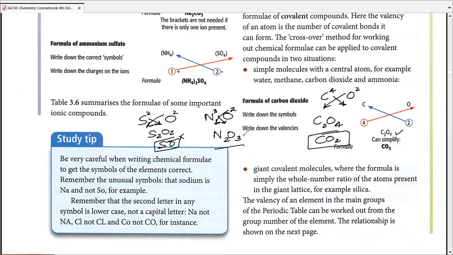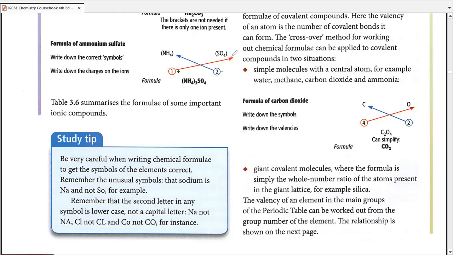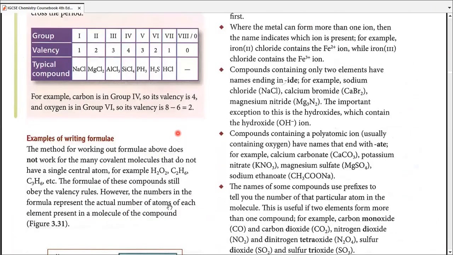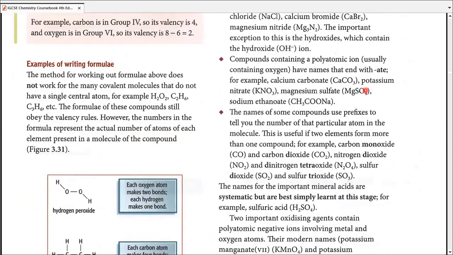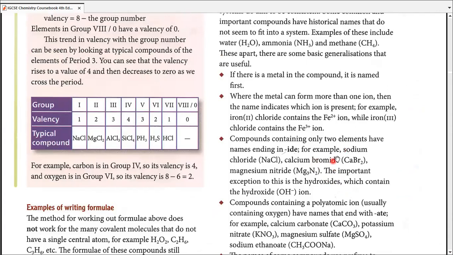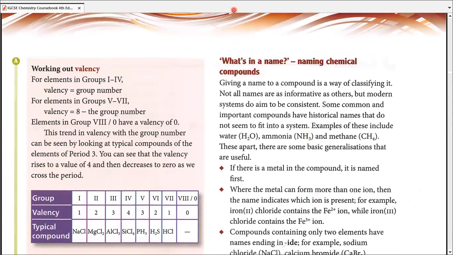So it really depends upon their combining capacities, and in case of covalent compounds, you never use the plus or minus signs. Remember, we don't use the plus and minus signs because electrons are neither lost nor gained in covalent compounds. They're simply mutually shared. That's why. Right? So this clarifies for us the formulas. However, we are still supposed to go with the naming rules. So I'm going to keep the naming rules for